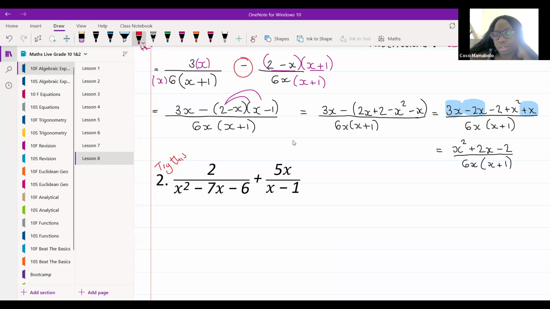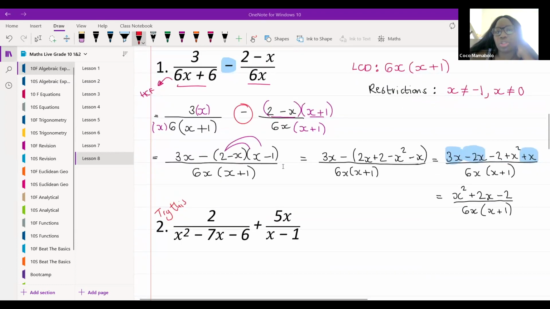You okay with that? Okay, so now I have, if we go back to the question, you'll see I have negative 2 minus x. So this negative actually belongs to this bracket. Okay, it actually belongs to the bracket. So if I then go and I take this 2 minus x and I multiply it with what's missing in the denominator, this gives me two binomials, right? So I then have to